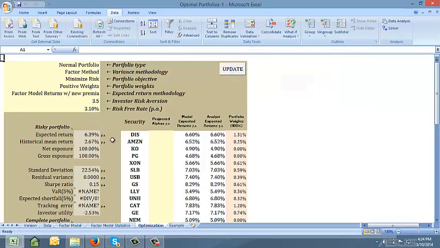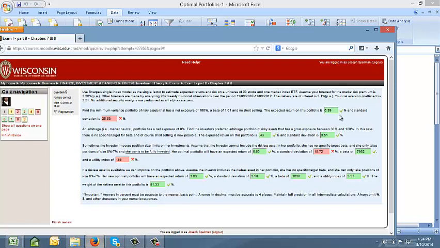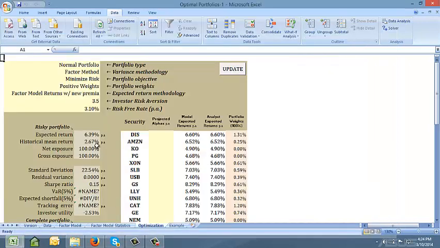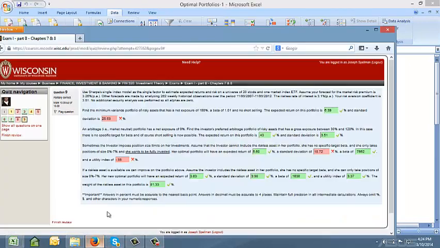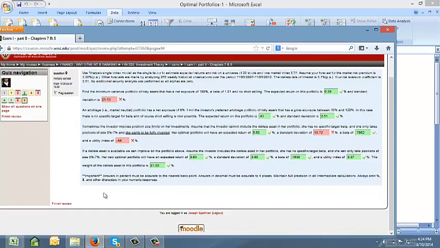Alright, it's got a solution, 6.39%. I have that exact answer, so that was right. Standard deviation, 22.54. I had 25.53. Like I said earlier, that 5 I accidentally typed in. I was supposed to type in a 2 but accidentally typed in a 5. So that's why I got that one wrong. For the third situation,